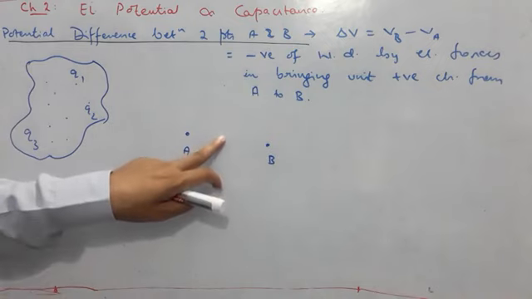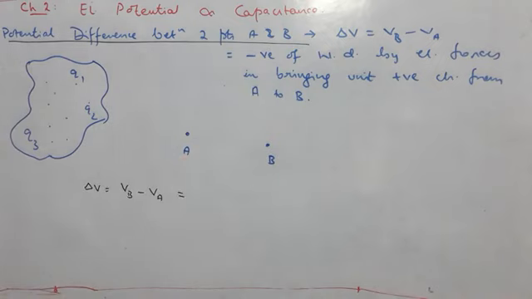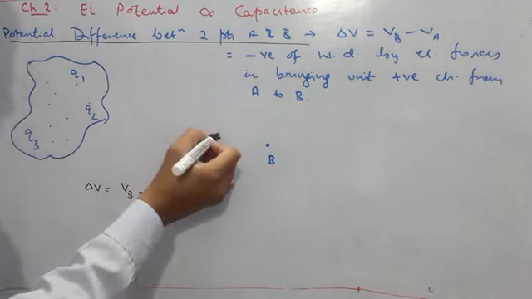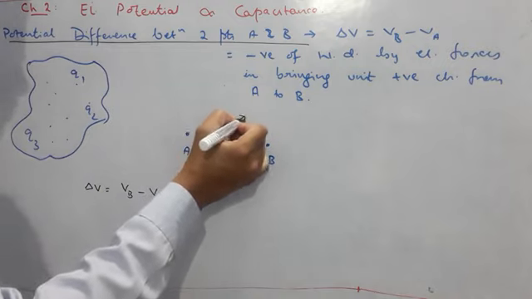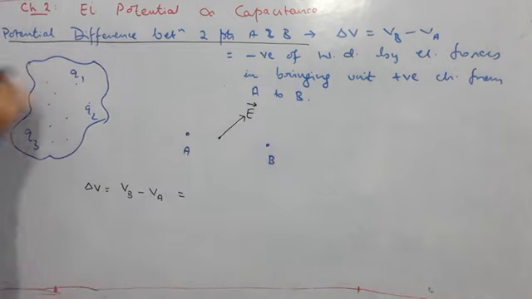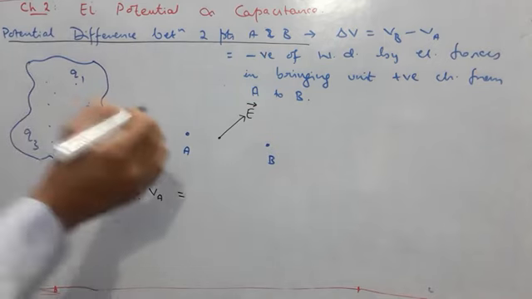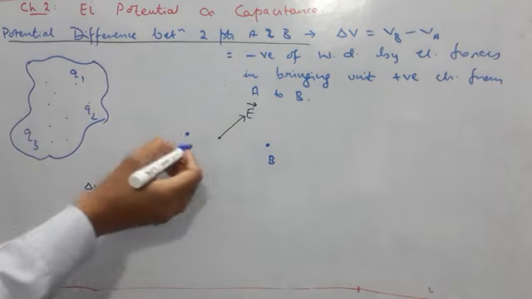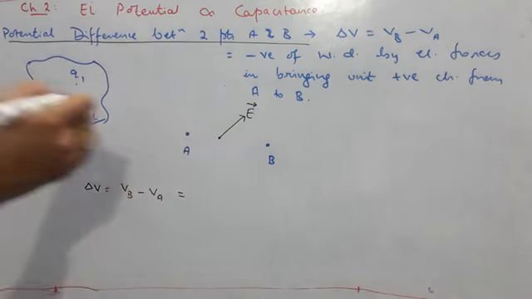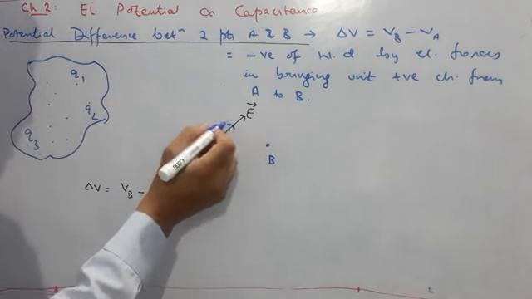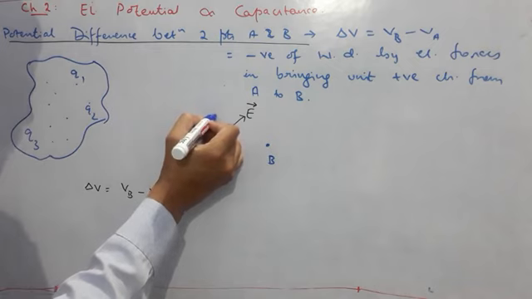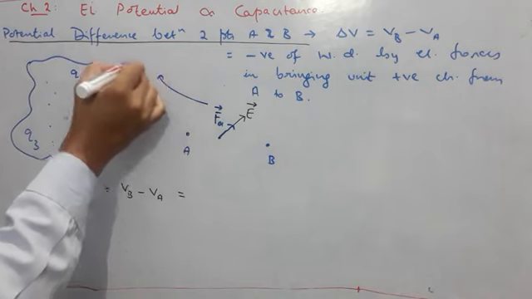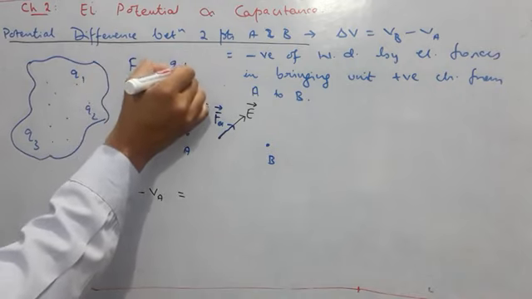Suppose you hold some charge Q here. Now if you take some charge at this point, say at this point suppose electric field is in this direction. It can be in any direction depending upon the configuration. Just to hold it in its place, you will have to exert some force, because if you don't apply any force, the charge will move in the direction of electric field. So on this charge there will be some force. That force will be how much? We will write it as F electrical force. And how much will be that F electrical? That will be Q times E vector.